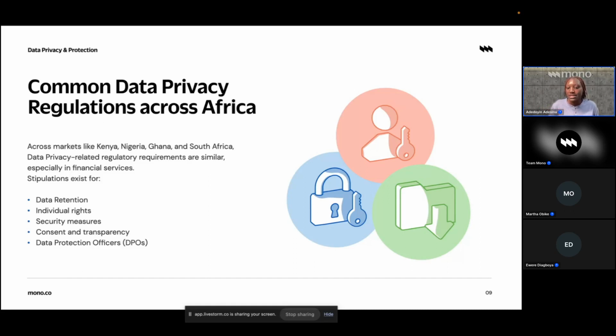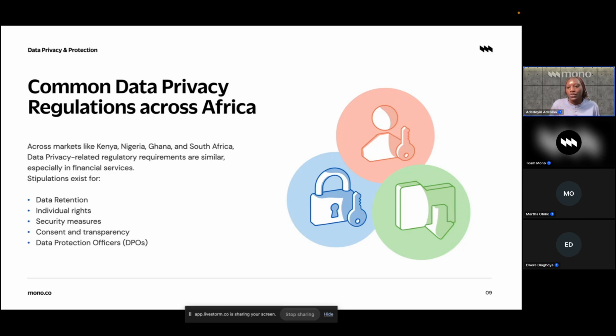and then security measures. As a business, you cannot find a hiding space in any of these countries. So whether you're in Nigeria or any of the countries that we've mentioned, you're obligated to implement top-notch security measures to protect the personal information of your customers. So you have to protect them from unauthorized access, unauthorized disclosure, alteration, or destruction of your customers' information. I know it seems like, oh, so I have to delete it, but I also have to protect it.